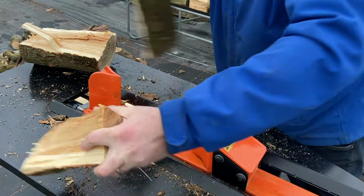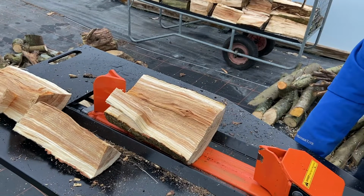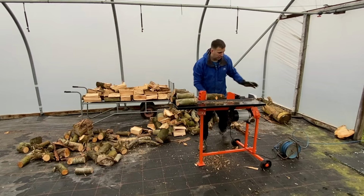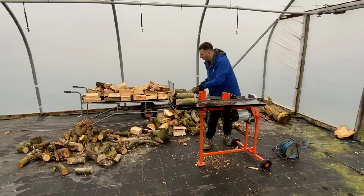So what you're probably wondering is, what is this actually like to use? Well, I really like it, and so good so far. I've had no issues whatsoever. It's fairly quick once you get your own little system in place and logs lined up, ready to split. I have put it through its paces with both pine and hardwood logs, and some fairly large logs too,